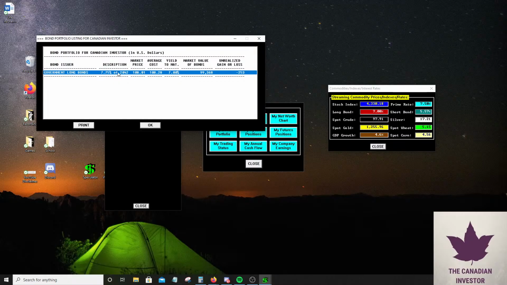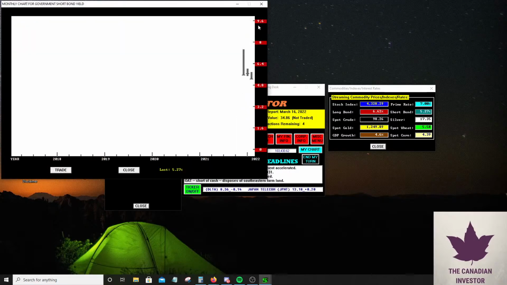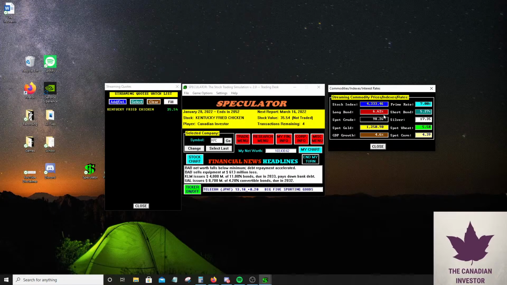In about 2 years, if we hold this bond, we're going to make almost all of our money back that we paid, not including tax though. So we're just going to hold this bond, and now we're going to hit the play button. We locked in our money for this bond, and now we're looking at the interest rates. Look at the short rate, it's continuing to fall, so that's some good news.